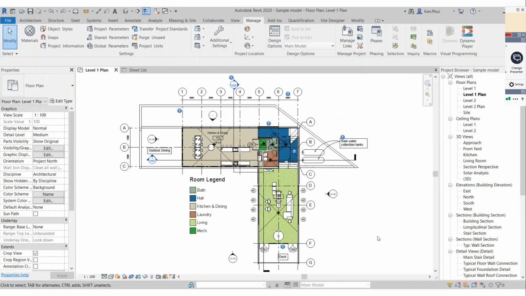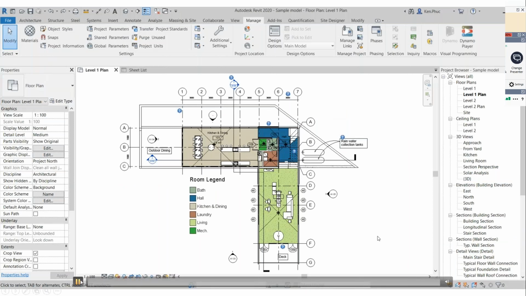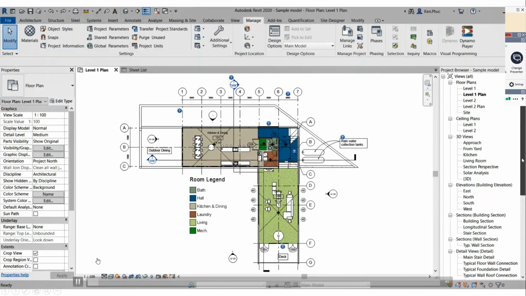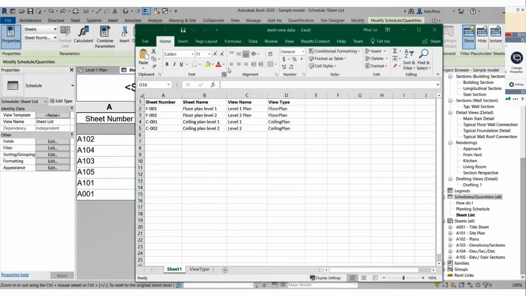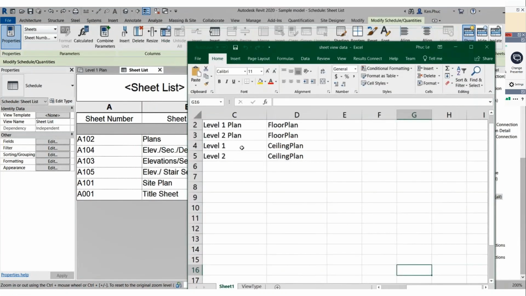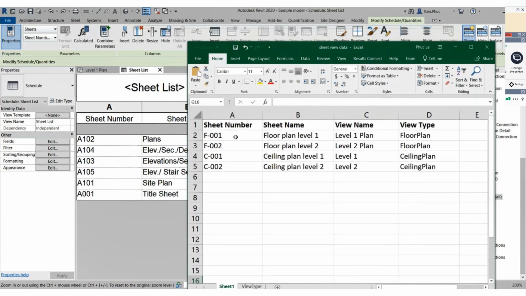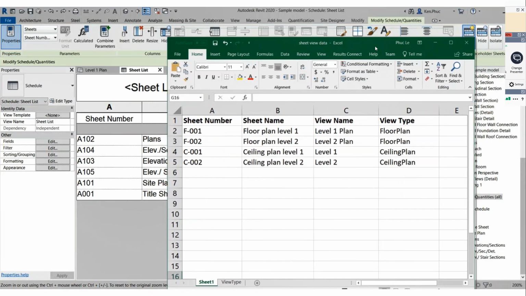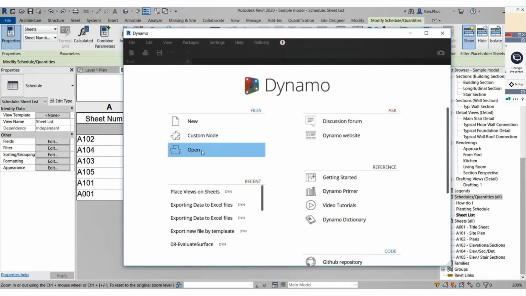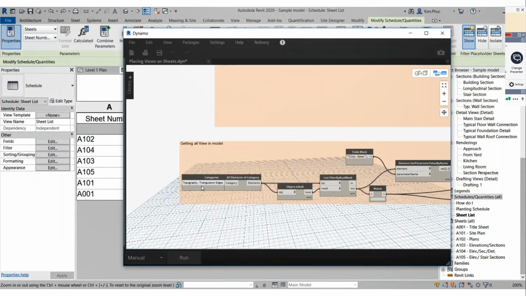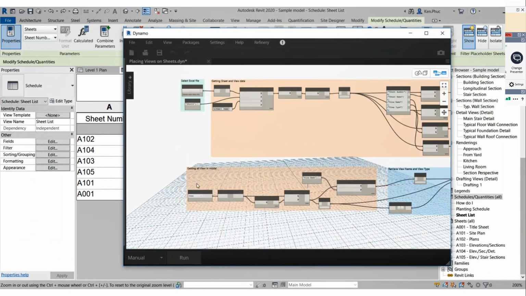Dynamo script. So just to give you the context of how that workflow runs, if you see, we have a few sheets already prepared, and I'll just open the sheet list. So you see a few sheets are there, and these are the new sheets that I want to add, and in that I've defined what views I would like to place and what the type of the view is. Now again, the definition of the parameters will depend on how we've prepared the Dynamo script, so that all the inputs are available for Dynamo to run the script accordingly.